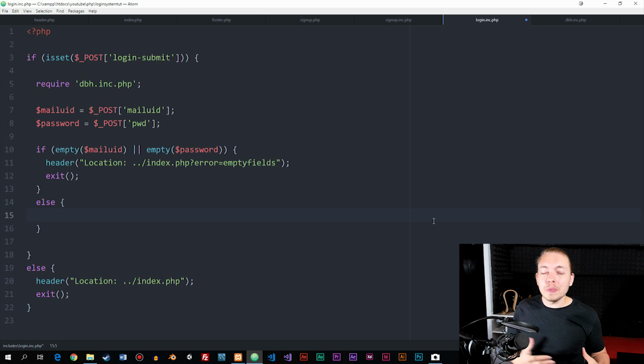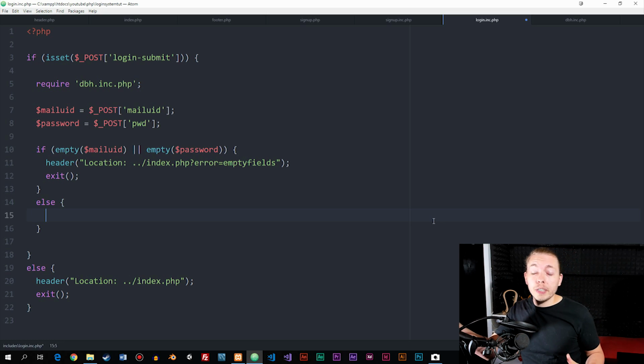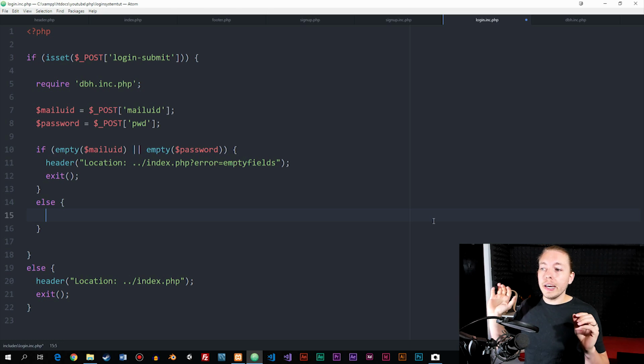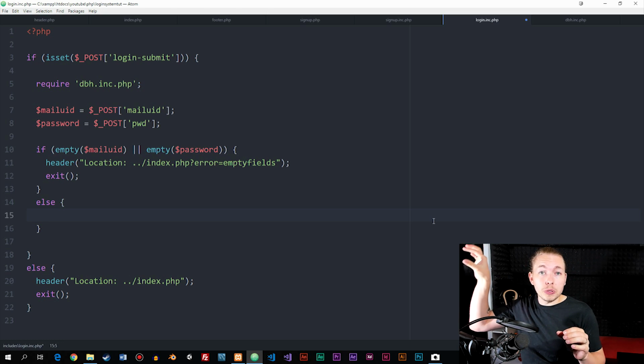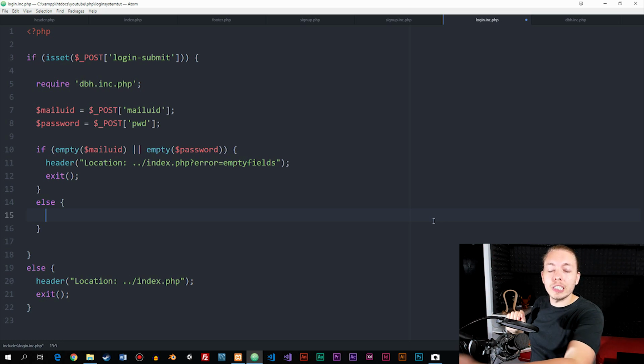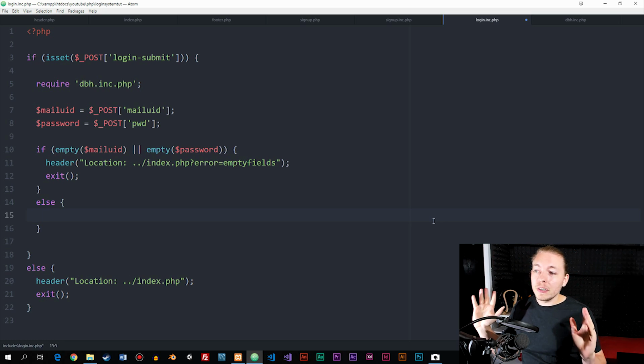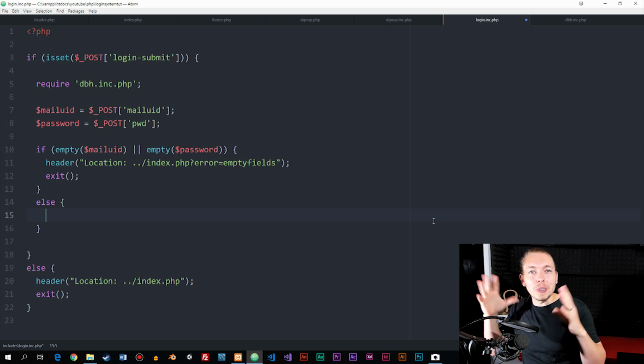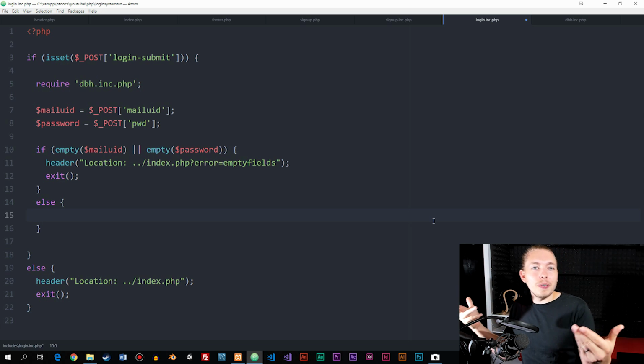Now that we got to this point, we just need to check the database to see if there is a user that has this username or the email that the user tried to use when they tried to log into the website. And then we need to get the password from that user inside the database and check if it matches the password the user tried to give us when they tried to log in. That might have sounded more complicated than it really is, but you will see it's very simple once we get